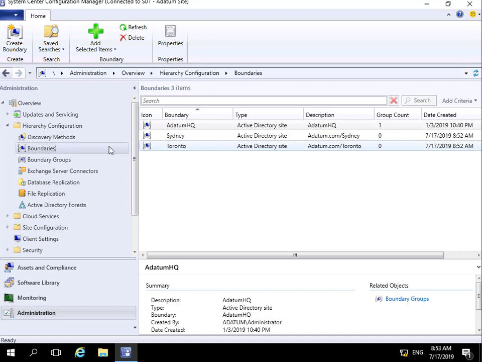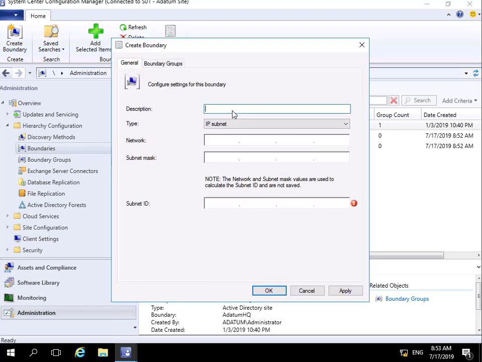What we can also do is we can create boundaries manually. So if I right click at this point here, we'll create a boundary. I need to give the boundary a description. I'm just going to call mine VPN boundary, and the type of boundary we are going to create can be